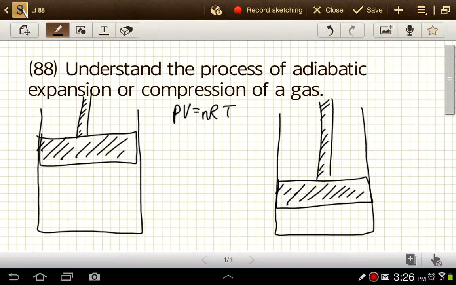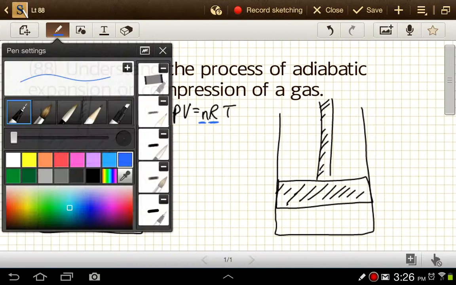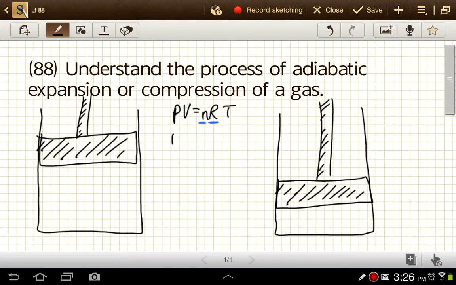The ones that stay constant are fairly limited here. It's just n and R. So we can rewrite this as PV over T has to be a constant, but any one of those values can change. Now what makes adiabatic processes a little different from some of the other ones we've talked about is